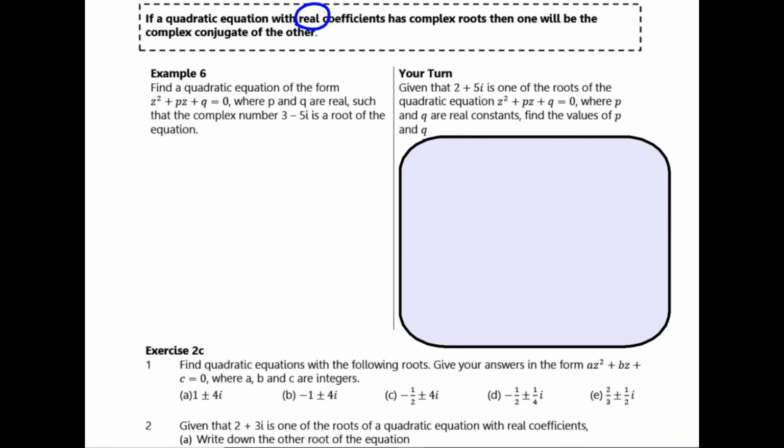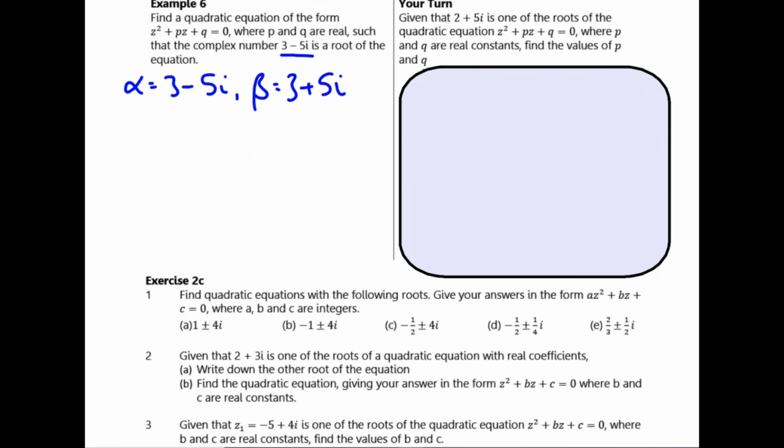Another question here asks us to find a quadratic. We're told one root is 3 minus 5i, call that alpha, and very easily, now that I know that complex roots appear in conjugate pairs, I can write down the second root as 3 plus 5i. It then wants us to use this to work out the values of p and q, so obviously you can put this in a bracket and expand it out, but I'm going to use the sum and product of roots method again. So adding my roots up,